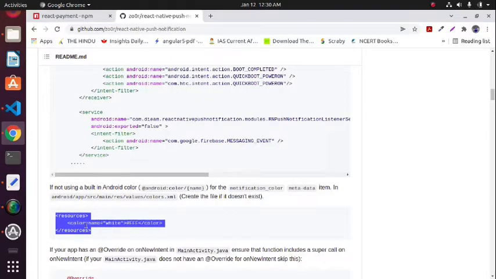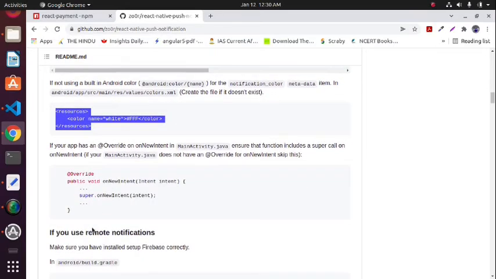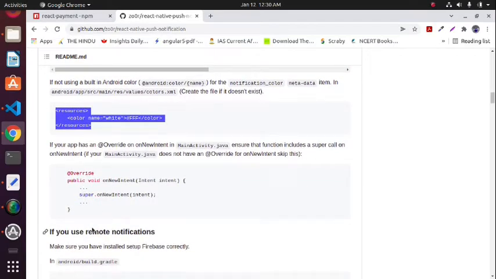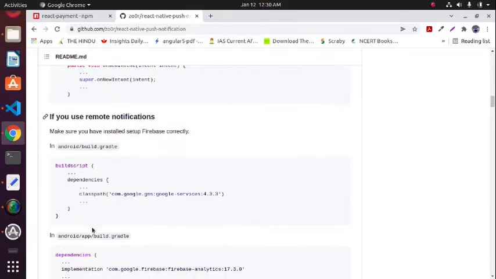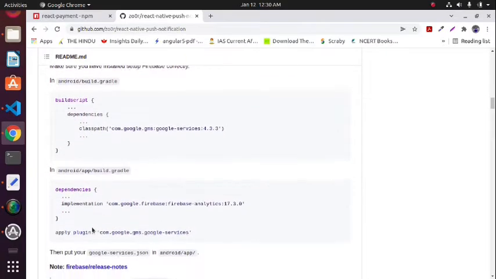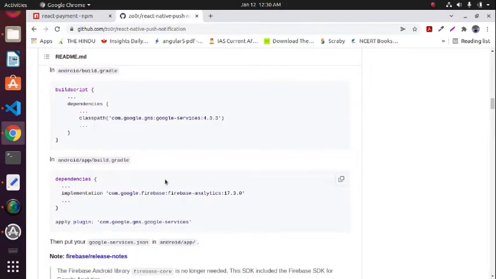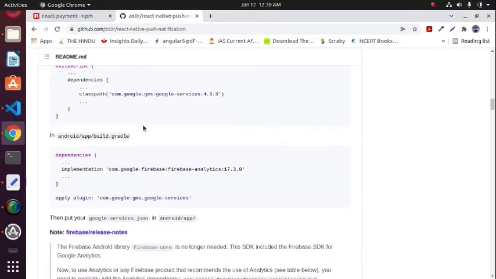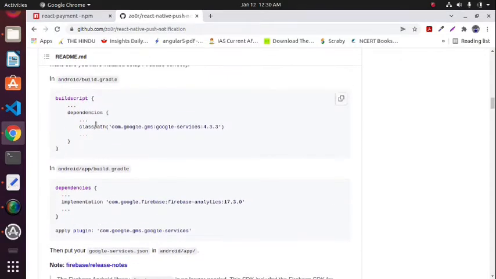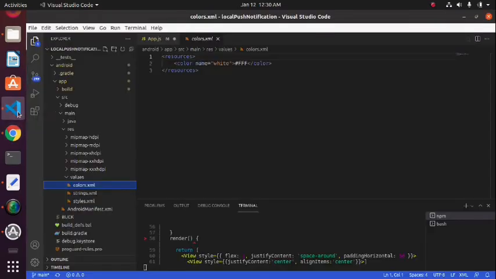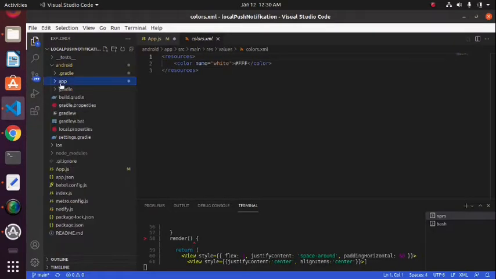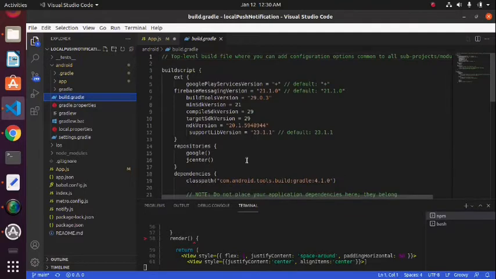Now if you scroll down a little bit more, in your dependencies, android and build.gradle. I went to android and build.gradle. I already have this.